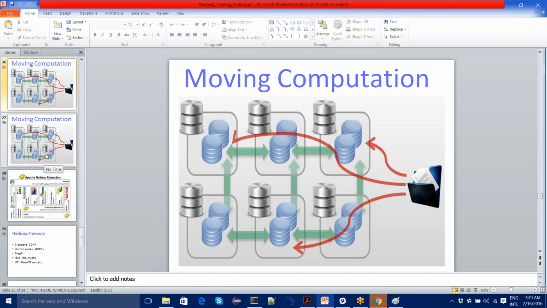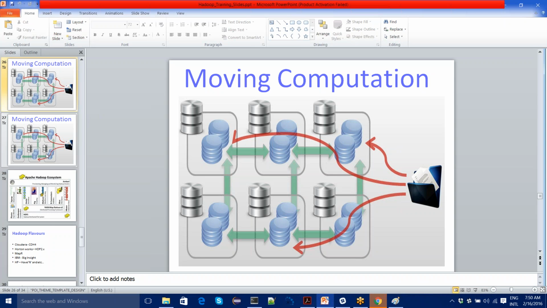So only the data was present in the slave nodes. Whenever I want to do some operations, for example, if I'm working on 1 TB of data, it may be distributed across 10 nodes, but for computing or querying on top of it, I need to get the data from all the data nodes. So the master node would get all the 1 TB of information from different nodes, and then compute on the master node itself, right? That was the earlier scenario. And with that, I cannot scale it and also will not get the results faster.